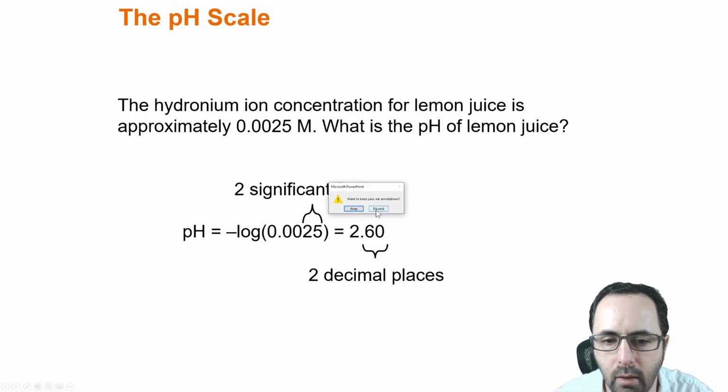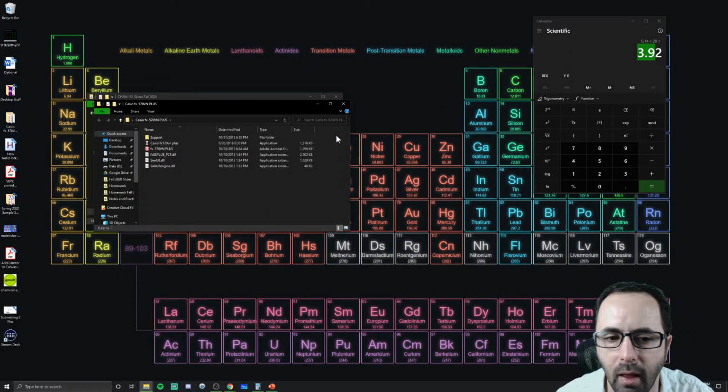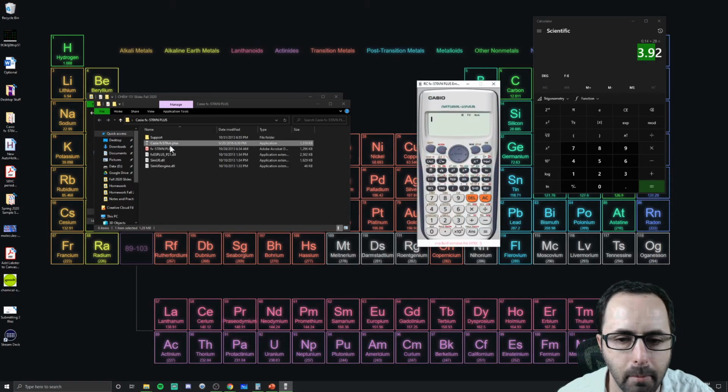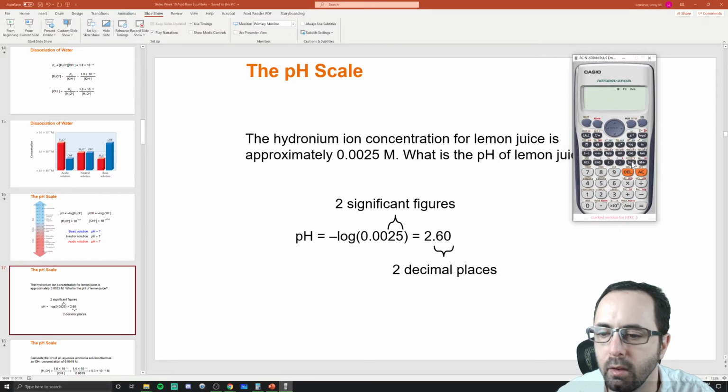I want to use the Casio. Make sure not to hit your minus; hit the negative. Negative log of 0.0025,